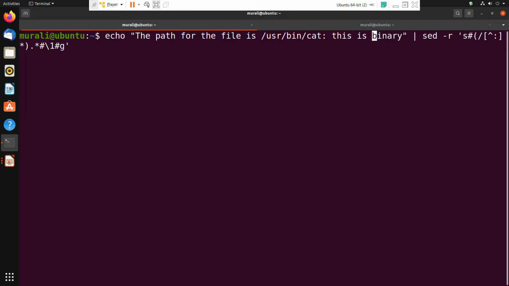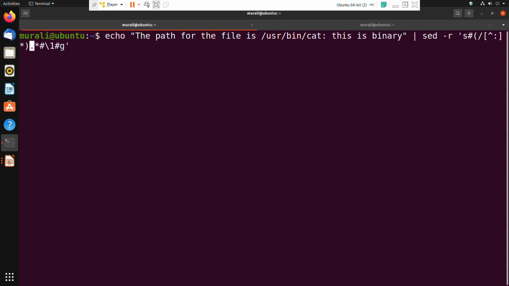For that, I gave sed minus r for supporting the extended regular expression, then substitute, then instead of our usual forward slash I have used hash. The only condition is that we can use hash, underscore, or percentage. The only thing we need to take care of is that if you are using hash you have to use hash throughout: hash, hash, hash.